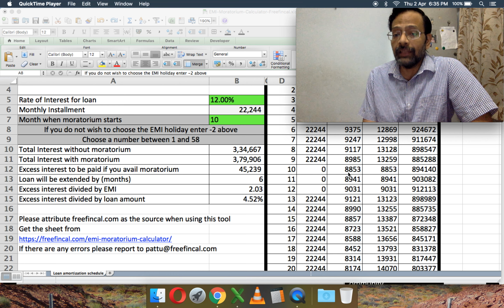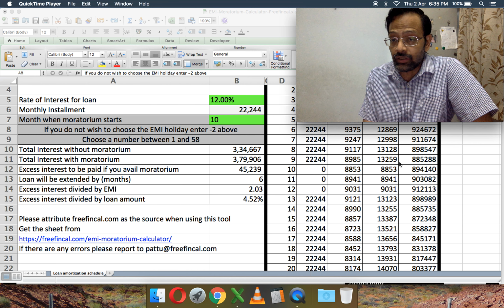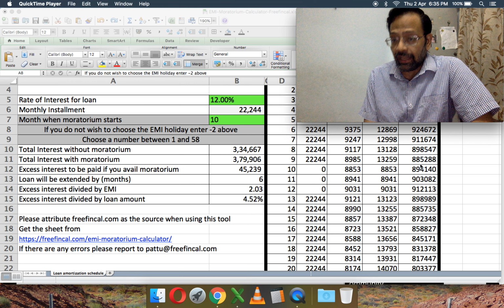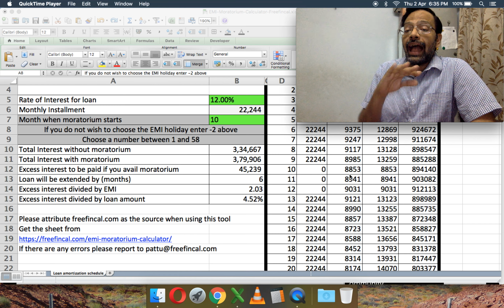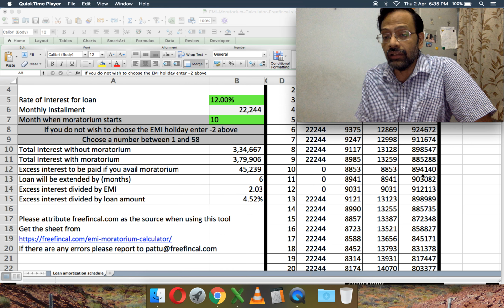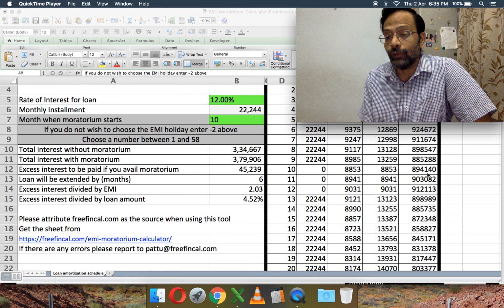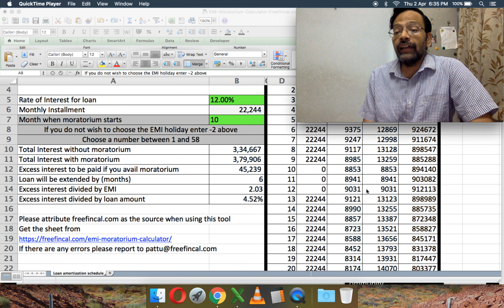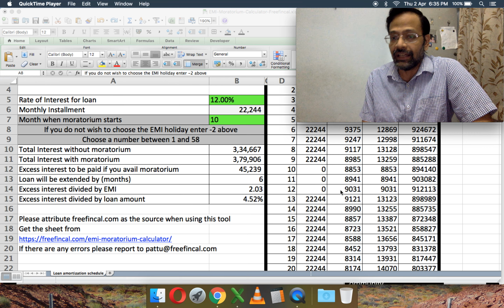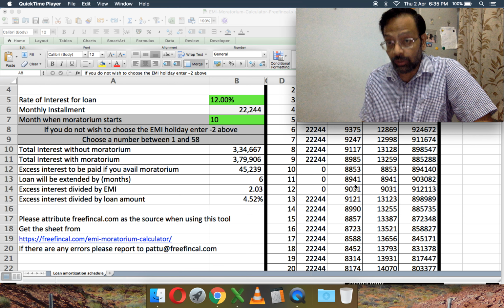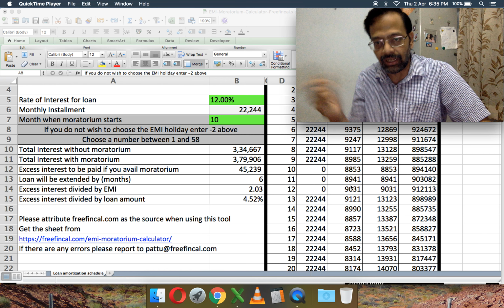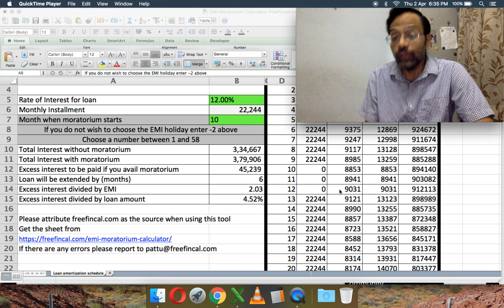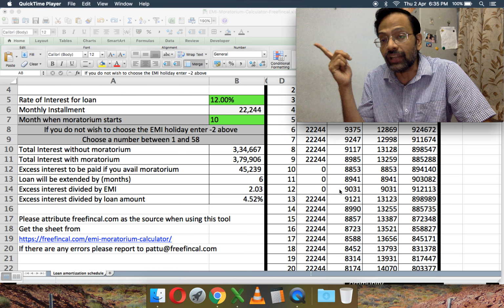For the 10th month, 8,853 is the interest on the outstanding principal at the end of the 9th month, that is 8,85,288. This interest will now get added to the outstanding balance, and the new outstanding balance will become 8,94,140. In the 11th month, the interest will be calculated on the new outstanding balance, and that will be 8,941. And since there is no EMI in the 11th month, that 8,941 will get added to the outstanding balance. And for the 12th month, the new interest will be 9,031, and the outstanding balance is now